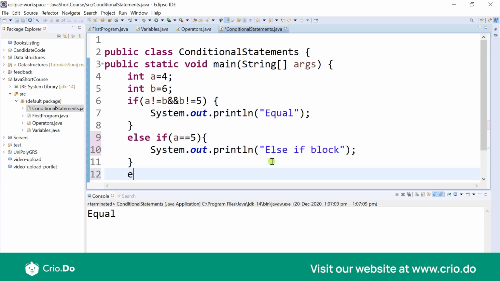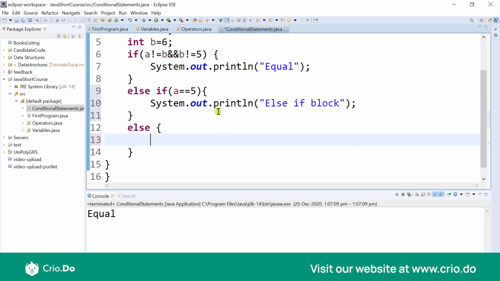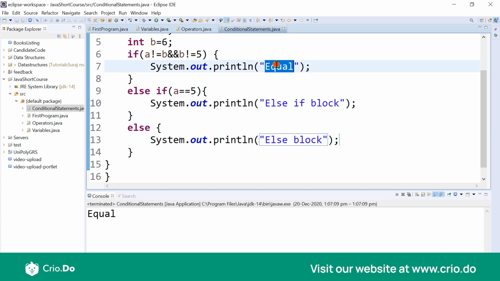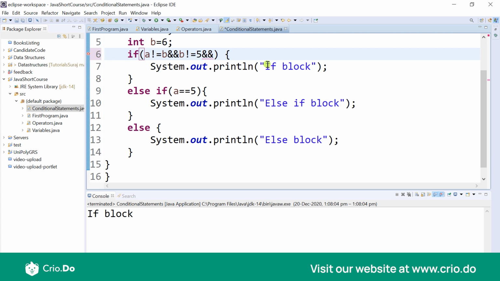Else, which is actually going to execute in case all of these if statements are not executed. This is the else block. Now I'll just change it to the if block. So when I execute this, as you can see, since this has come out to be true, this is executed. But if I just add another thing like and 0,